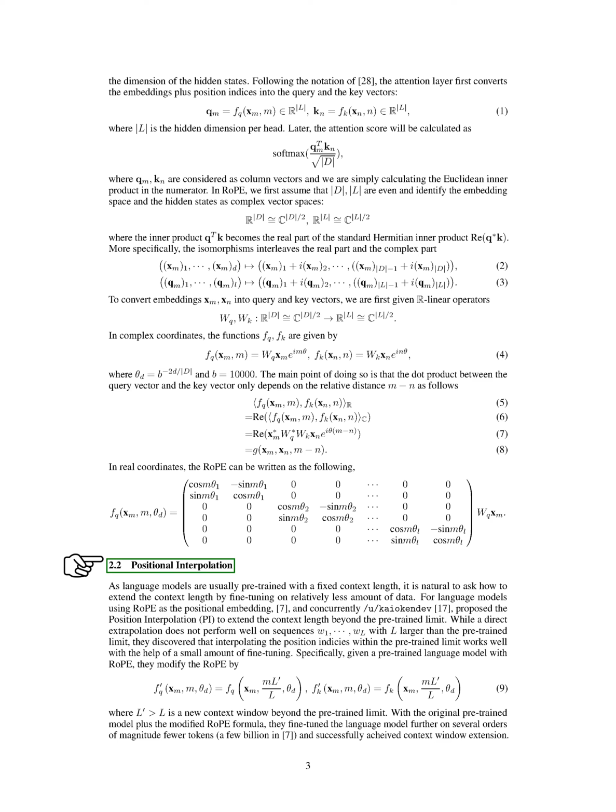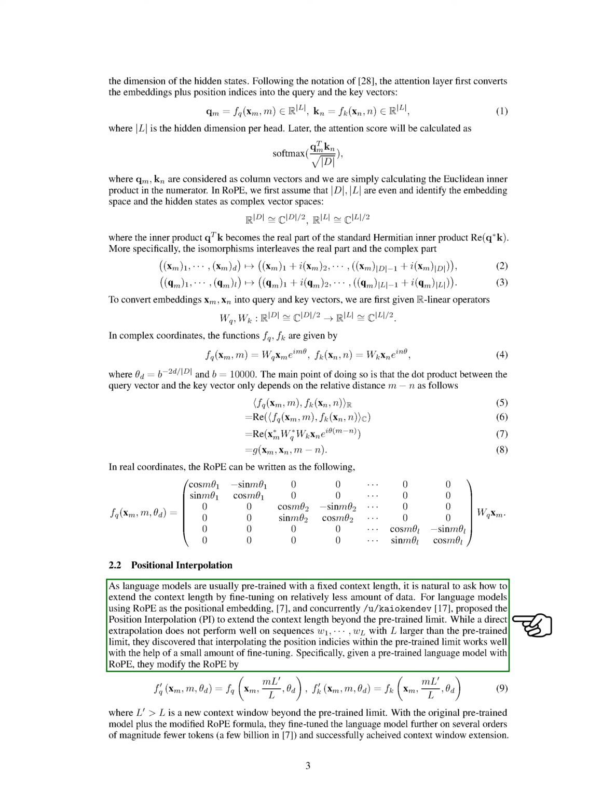Let's delve into the concept of positional interpolation. When we use language models, they are typically pre-trained with a fixed context length. This leads us to wonder how we can increase this context length by fine-tuning the model with a smaller amount of data. For language models that use RoPE, or rotary positional embedding, a method called position interpolation, PI, was proposed to extend the context length beyond the pre-trained limit. The researchers found that directly extrapolating the position indices didn't work well for sequences longer than the pre-trained limit. However, they discovered that interpolating the position indices within the pre-trained limit, with a bit of fine-tuning, worked quite well.